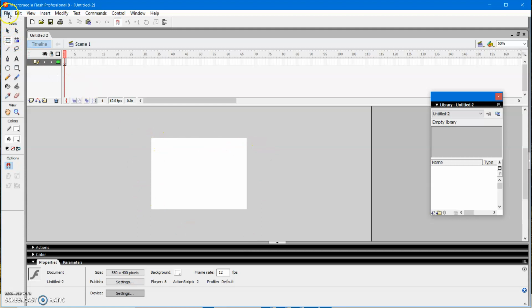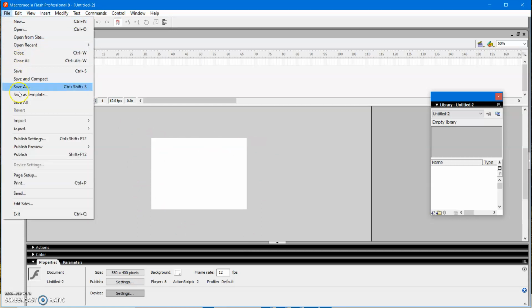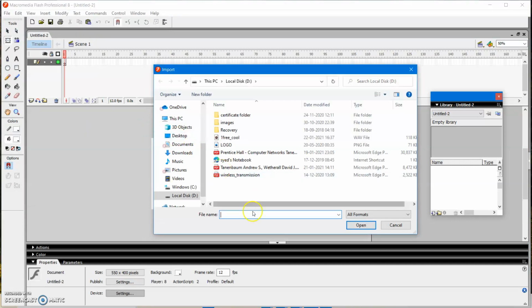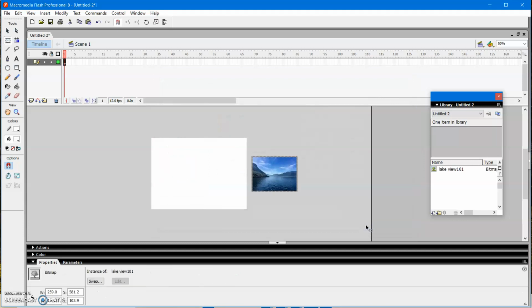Now the next step is to go to the File menu, go to the Import menu item, and click on Import to Stage. I have given lake view 101, which I've stored in D drive. I clicked that and gave open. Once it is there, with the selection tool you need to import that on stage.